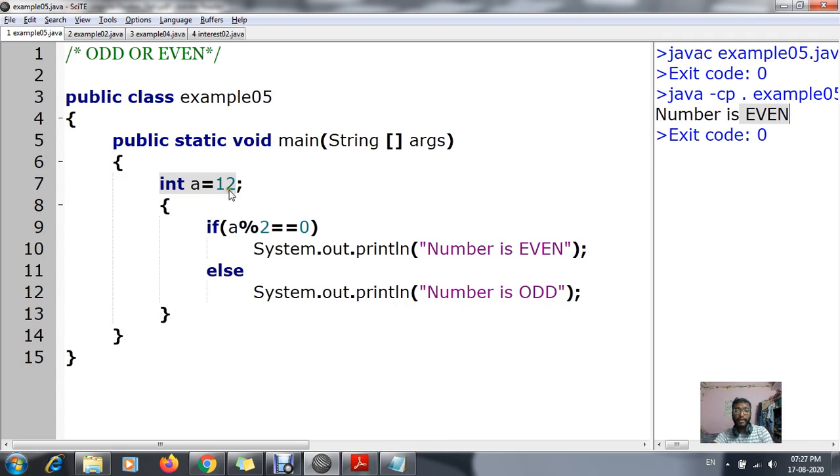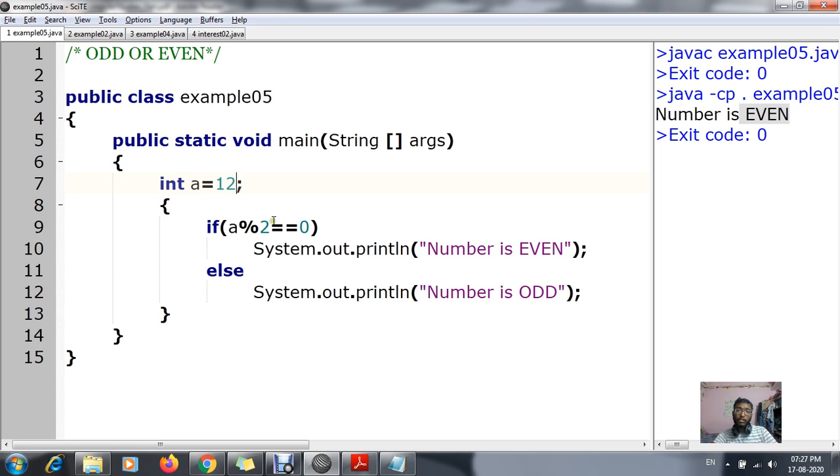That means I have given a's value as 12. Understood? Now just imagine, the computer will be dividing this 12 by 2. Twelve will be divided by 2, that means 2 6s are 12. So at last I will get the remainder as 0.